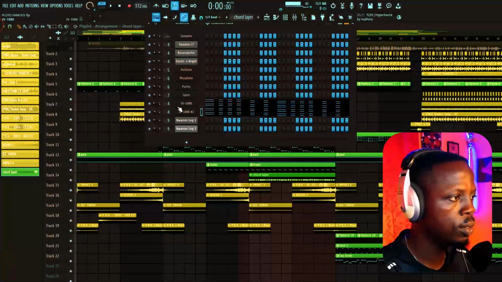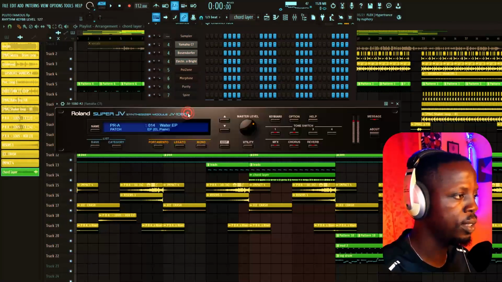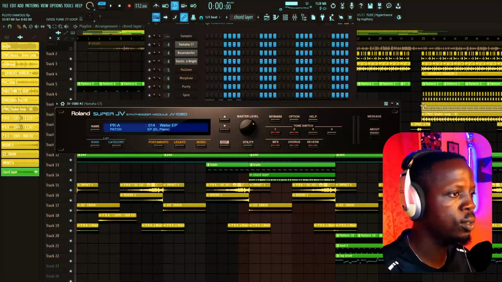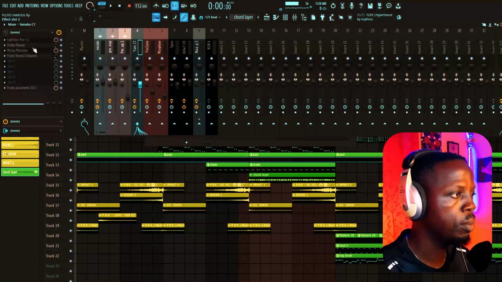So that sound is from the Super JV. It is the DGE piano. And I also layered another sound from the Super JV as well, which is the Water E piano. So both of those sounds are E pianos, and I send them to the same mixer chain where I send my pianos